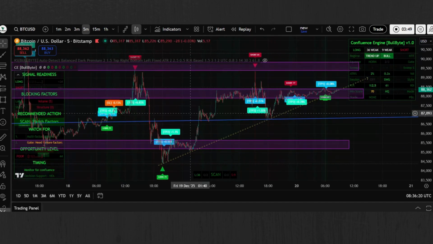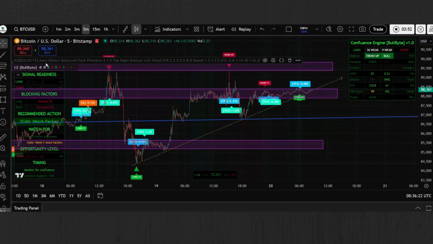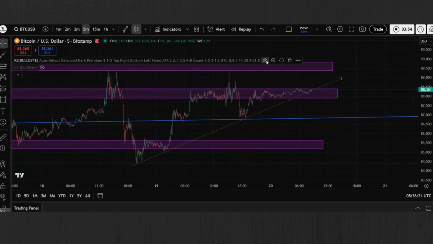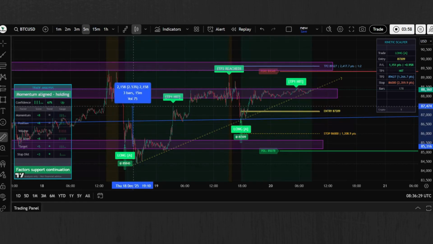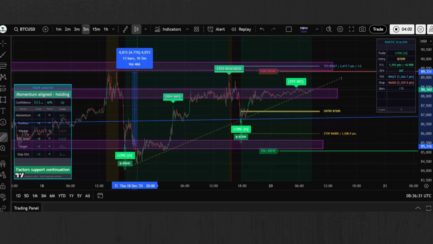This is when you go big. This is when you scale up your position size. This is when the probabilities are heavily stacked in your favor. And again, look at the result. Massive move. I know some of you are thinking, this looks great in hindsight, but can I really do this